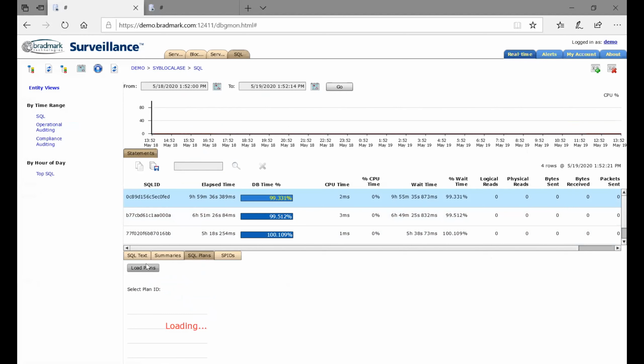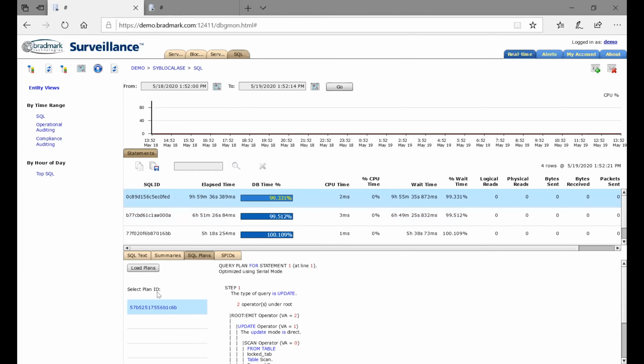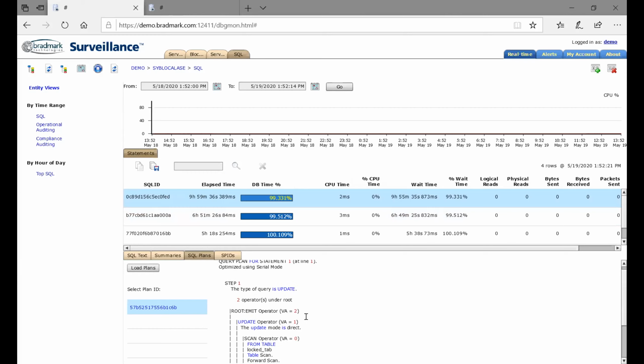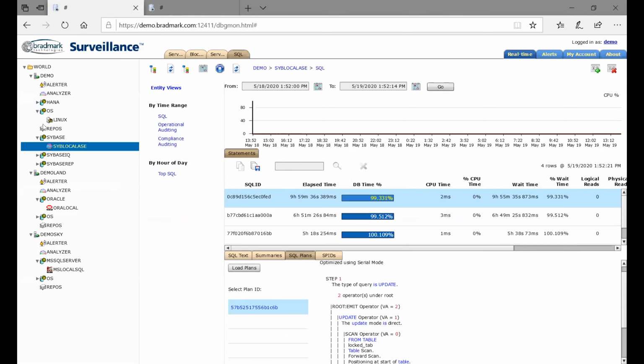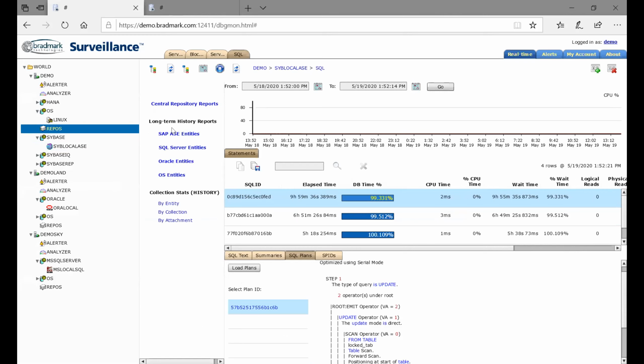And I can load plans for that particular query during this time period of the last 24 hours. And here's the only query plan that's been going on in the last 24 hours in a nice SP show plan format. This is with our recent history information. And of course, if we want to, we can also go and take a look at longer term history with our web reporting. And we could go and take a look at ASE reports and SQL Server reports and those kinds of things as well.